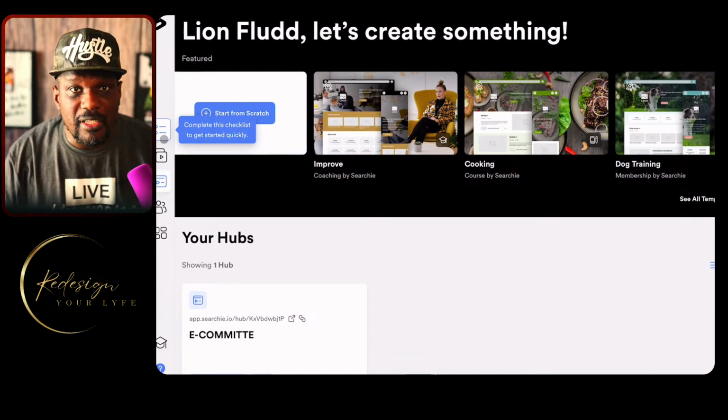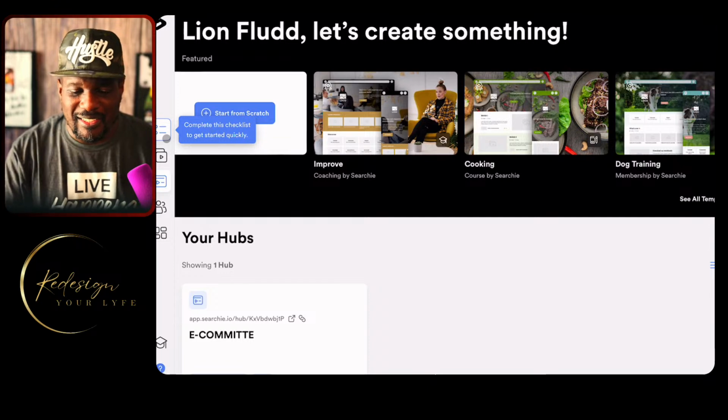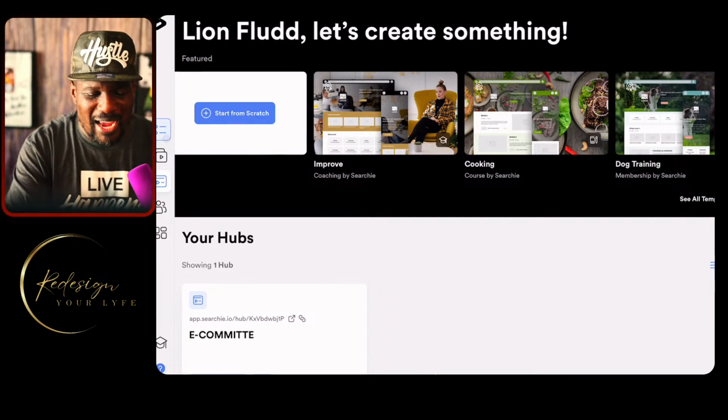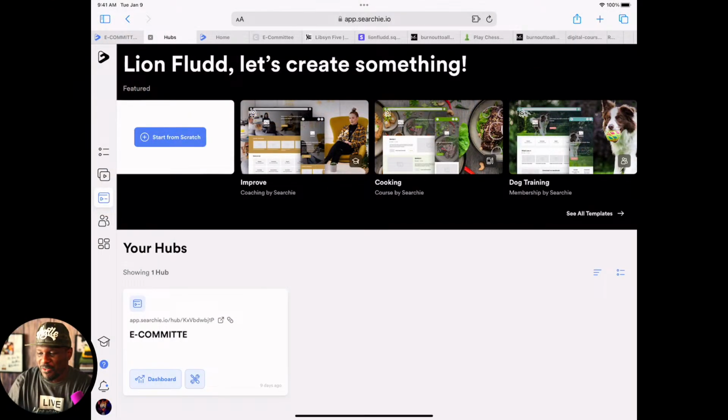Over here to the left, actually, I'm going to bring this back here and show you. All right, so now over here to the left, on the side here, we can see this is your kind of home. This is where you would be able to go to different places. One of the great things about this is Searchie has like an academy, so you can watch videos if you ever feel lost and say, I don't know what I'm doing. You can watch videos. But again, it's very, very simple.